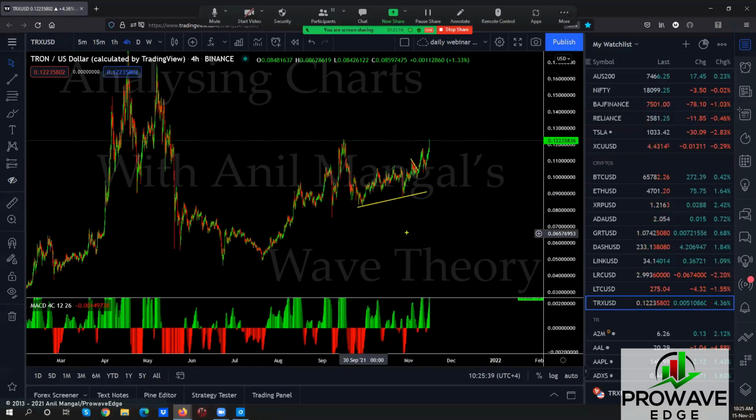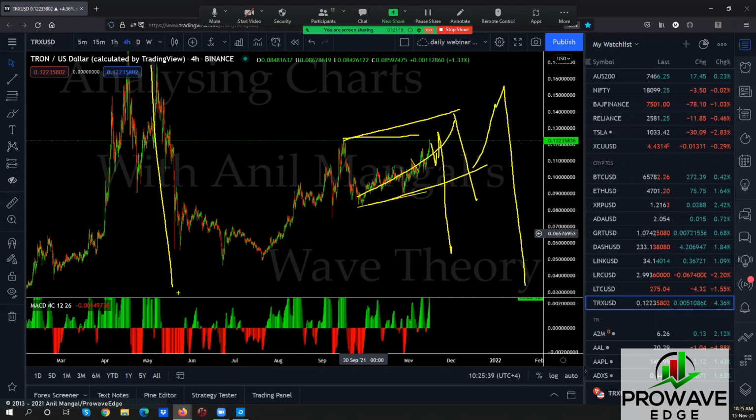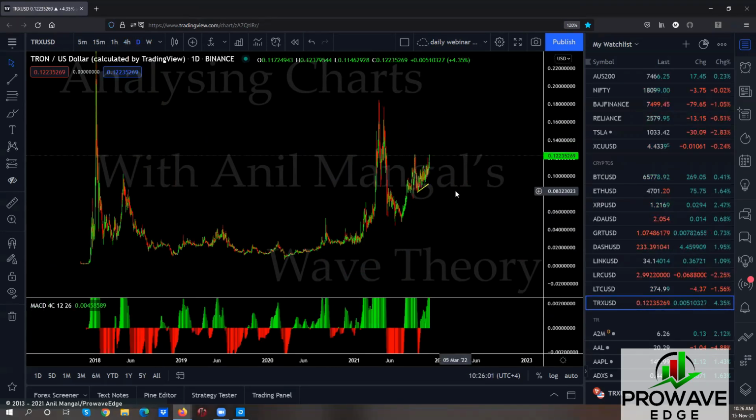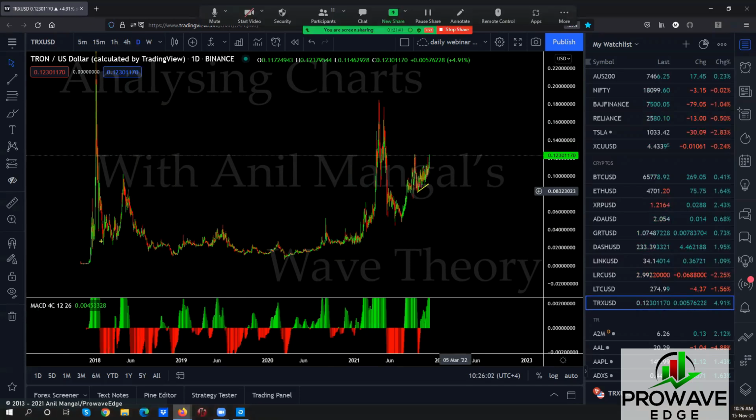So at some point, I think this will have to either come back, go back up, and then come back, something like this. Right, this is going more as a running flat. Eventually, they come back here, give you a bigger flat, go back up, then come down for this one. See? So we're in the B structure of this, and it's just getting higher. That's a B wave. You can literally see it. So we got this move up. We still need to complete this flat, and then go back up like this before you come down.